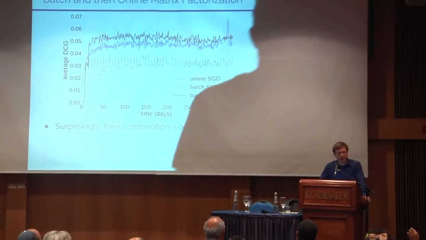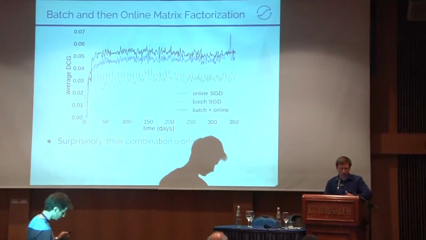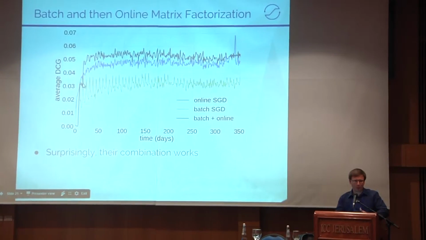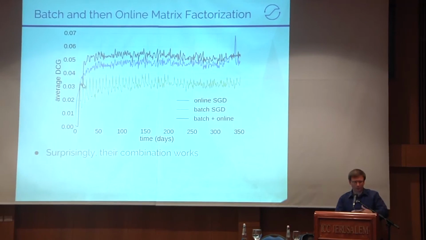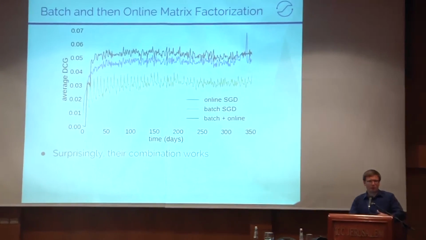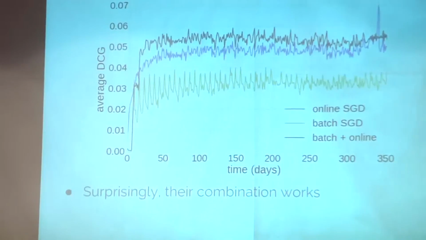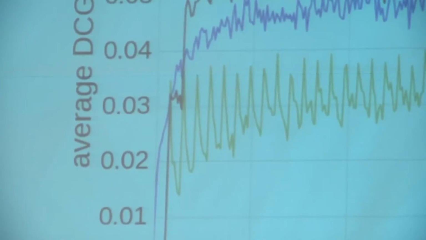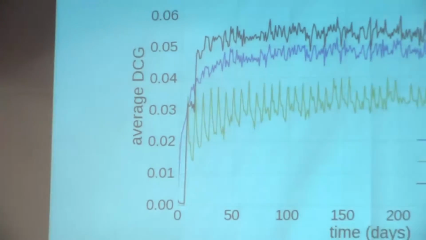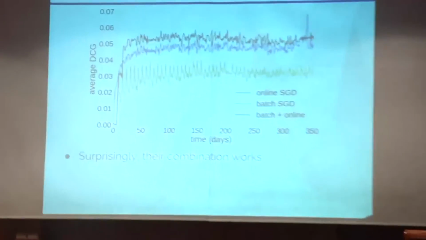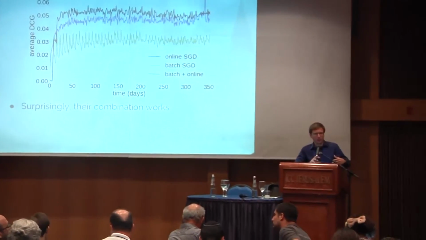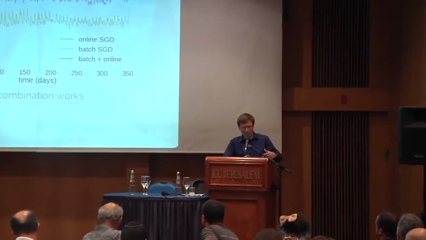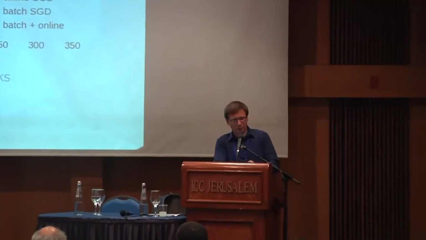Train weekly. And at the beginning, the combination is just going to drop the performance, because at the very beginning of the time series, of course, you have a lot of new users and items, so they just come in continuously. And in that case, online is great. The combination drops the performance because it combines batch user and item vectors that are overfitted on a very small data set at the beginning.